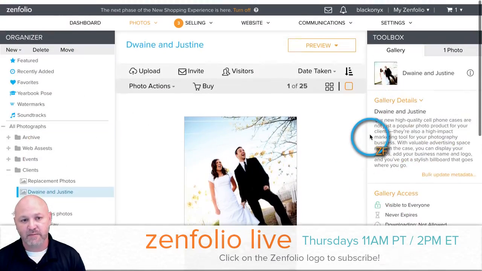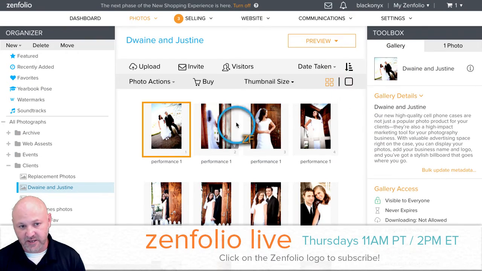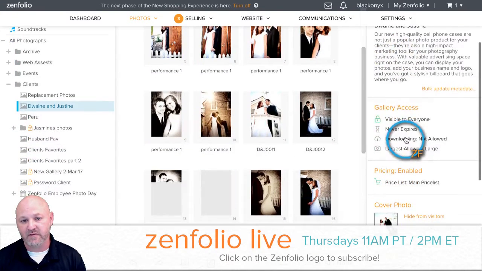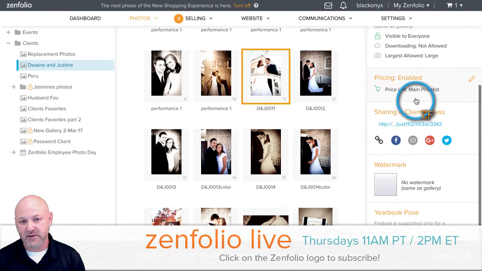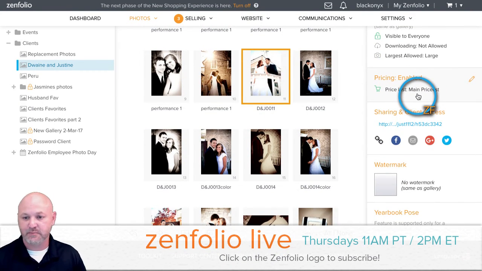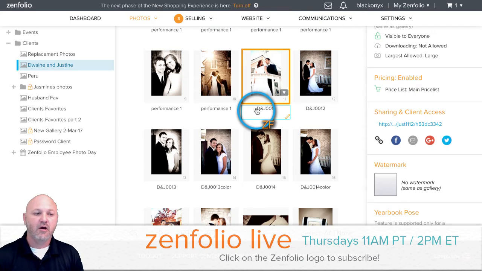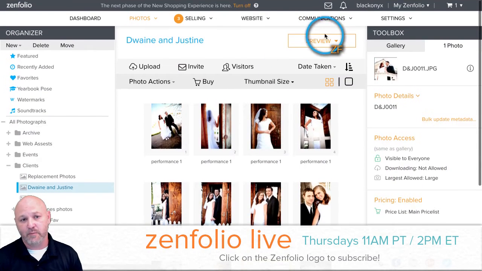And that's going to apply that price list to the entire gallery, which is then going to apply it to all of the photos in the gallery. So if I click here, right there, now you can see that photo has the price list applied to it as well. All right, so now what we're going to do is go back to this gallery